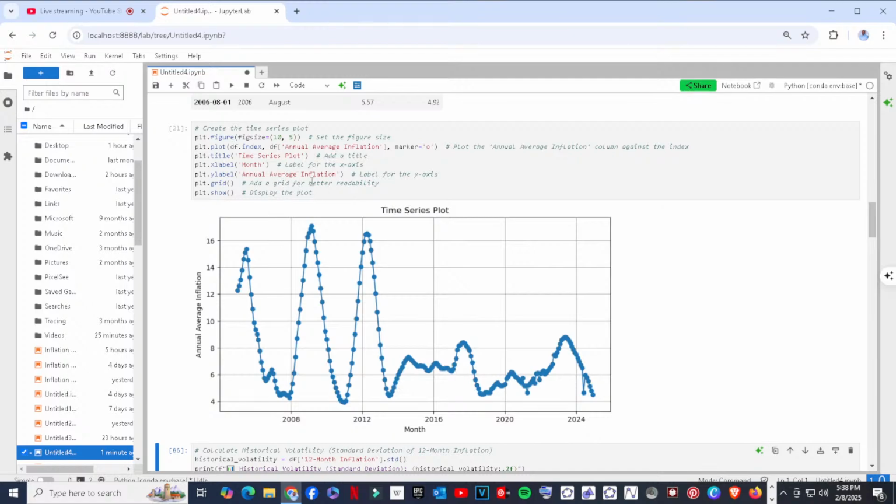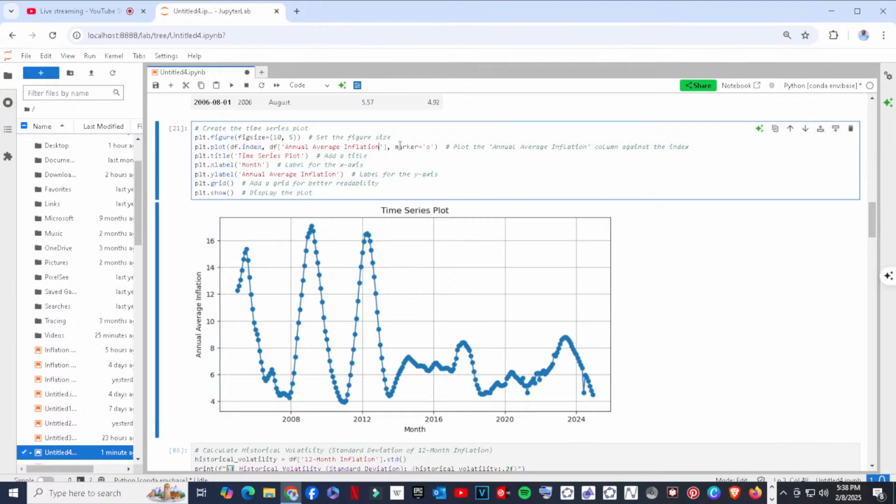Let's see what that of 12-month inflation will look like. So 12-month inflation, let's see what it will look like. I hope I've captured it the right way.